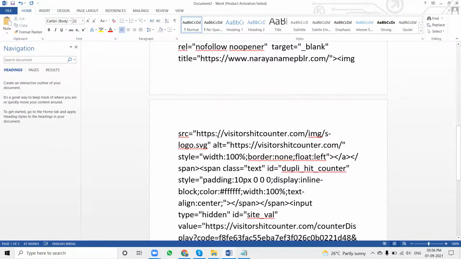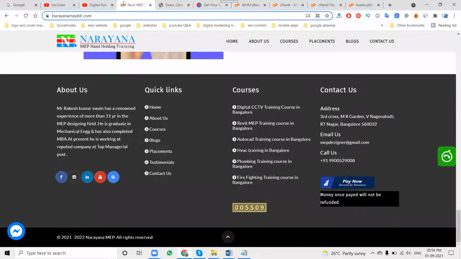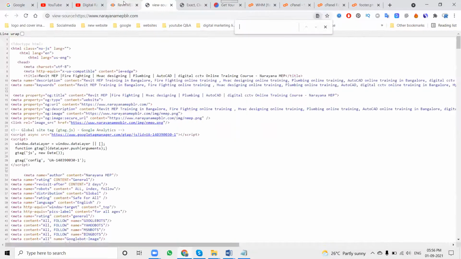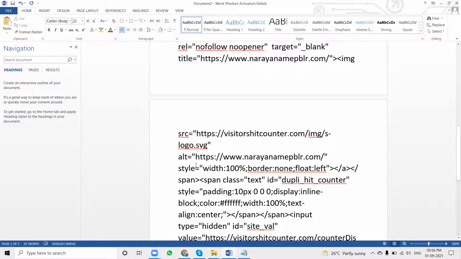Okay, image src: here you can change the image also, and alt. With image src you can add the favicon option. Simple, you can change the favicon.